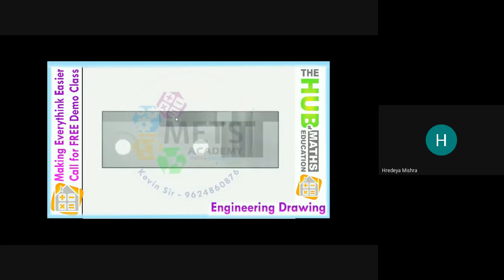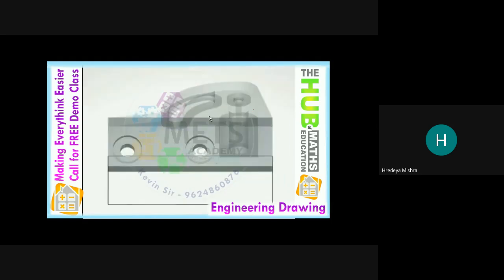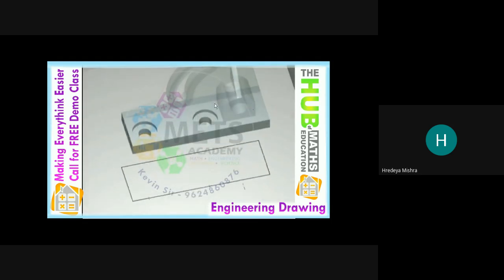Now about the top view. See, what about the top view? See here. So these two counterbores we can easily view. So all these three centers are here. This is about this center line. So here we get the cross section for these two counterbores.